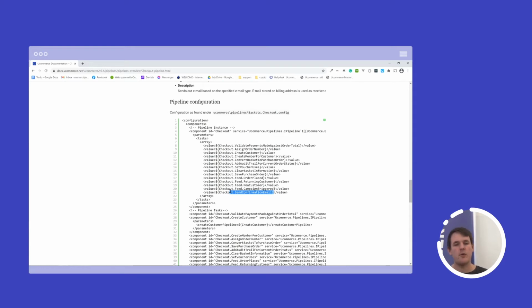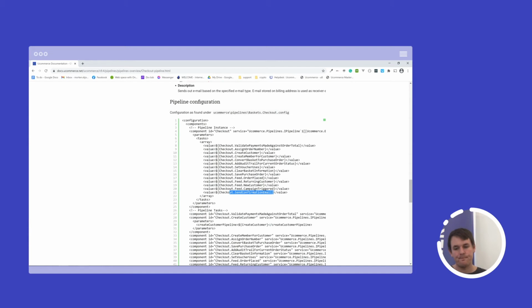We're going to do one example with the checkout pipeline, but if you want to modify other pipelines in UCommerce, this is the exact same recipe that you want to follow. You find out which pipeline you want to modify, then you either remove or reorder tasks, or add in a new pipeline task. And that is the last thing that we're going to do here: implement the IPipelineTask interface, inject a task into the checkout pipeline and see it running, so you get a sense of all the moving pieces of pipelines in UCommerce. So we will find our Visual Studio solution and write some code so you can see what's actually going on.